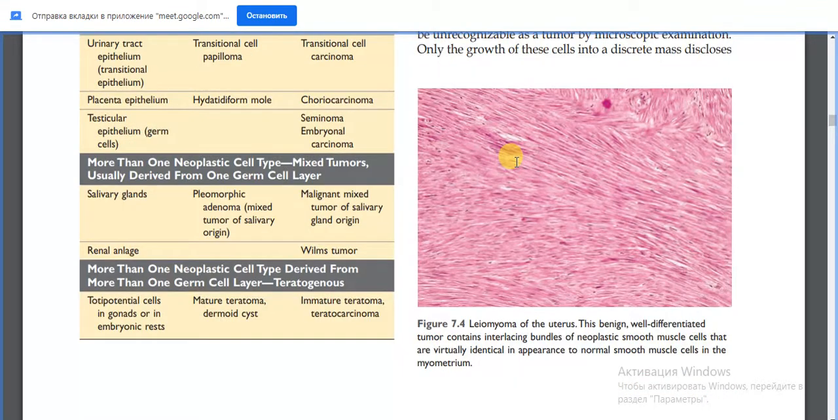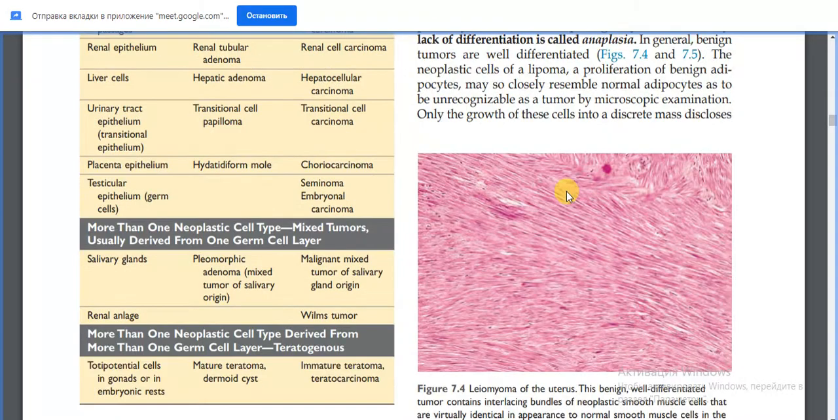Okay, once again, what is differentiation? You see, these are well differentiated cells. They resemble the normal cell mass. You can distinguish this mass from normal in histological view, but in anatomical view you see it's in an abnormal site. For example, lipoma. Lipoma is a